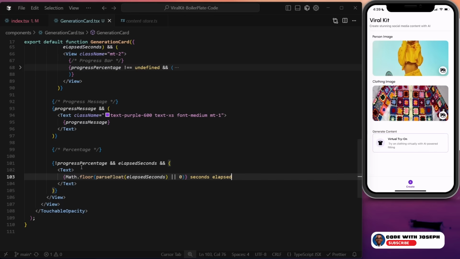All right, so we are done with showing our progress indicator